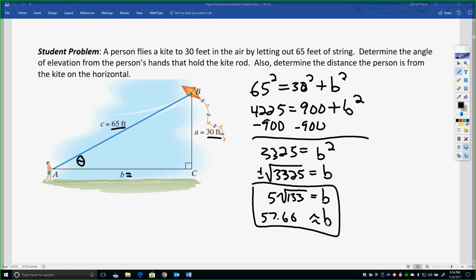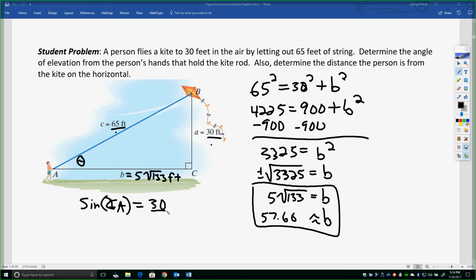But we want to use the exact answer here. So 5 root 133, and it's in feet. The reason being is when we find our angle, we don't want to use approximations because the approximations will throw our angle off by several degrees, so use the exact answer. So at this point, you can choose any of the sides that you want to find the angle as long as you use the exact numbers. Using the ones that they gave us, of course, that would be sine because it's opposite and hypotenuse. So that would be the sine of angle A